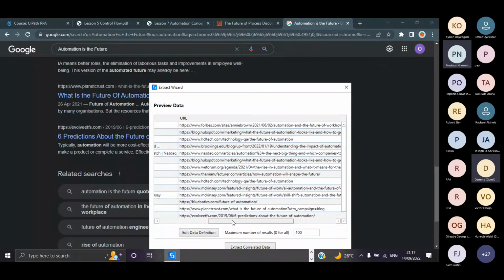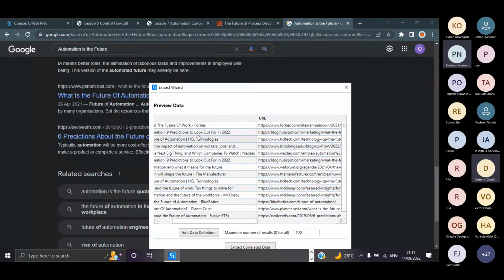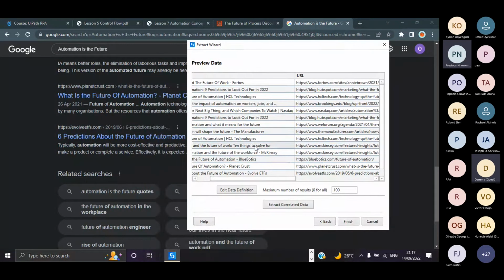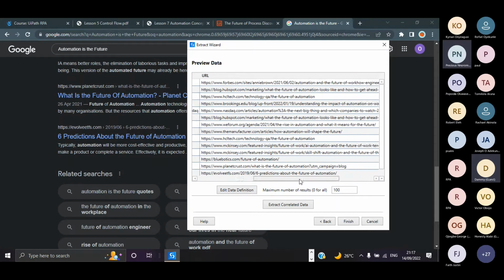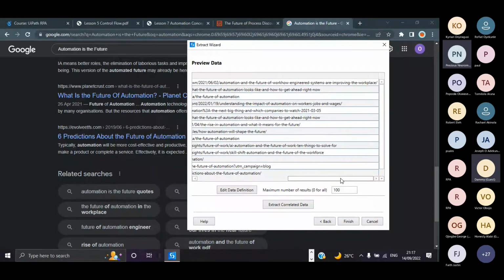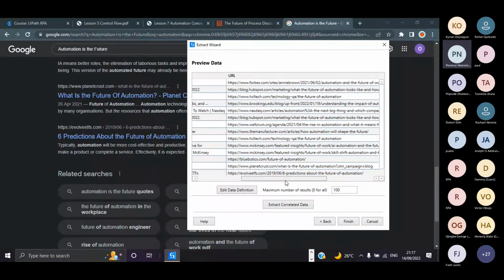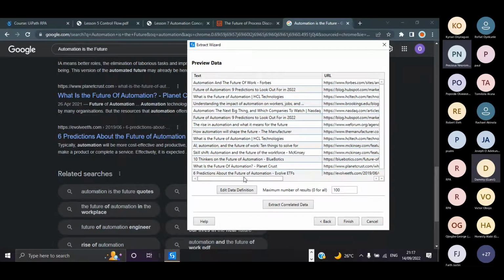So I guess we can see how the data scraping wizard allows us to extract things from structured data. Okay, and then we can finish. And once we finish,